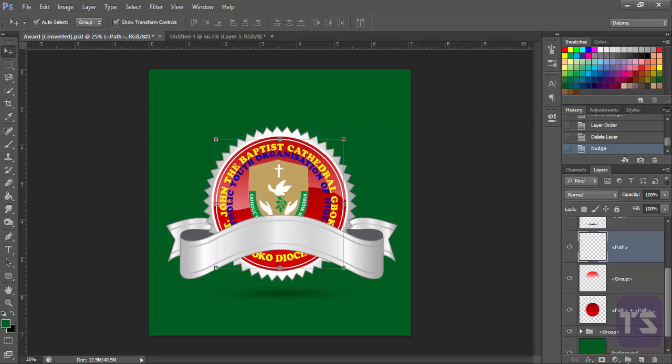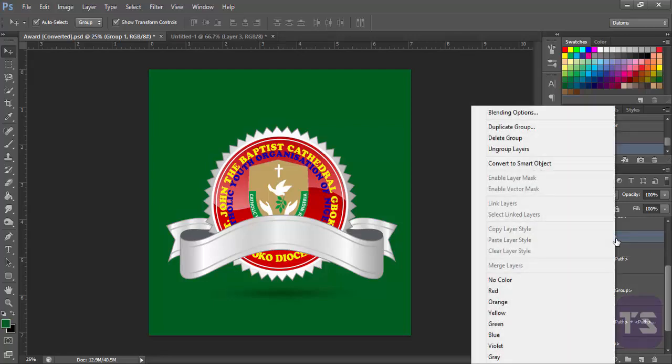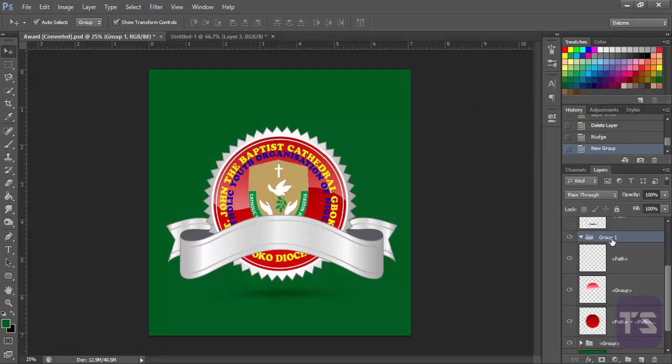Now, the first way, like I said, is to click on the group icon, which is the third icon from the right. And now when we click on that, it creates a group. We can decide to rename the group by double clicking on the name of the group to do that. Now I will call that, let me just call it round,